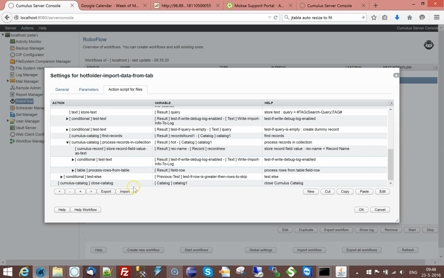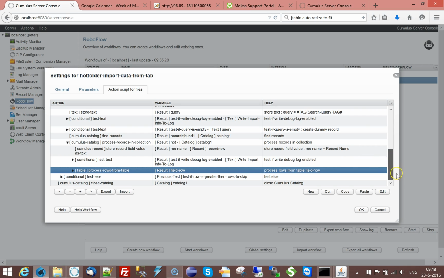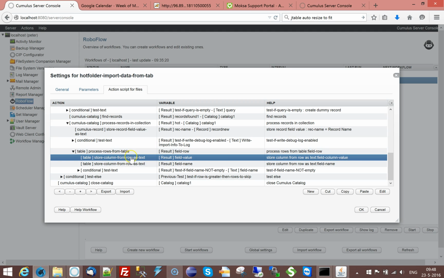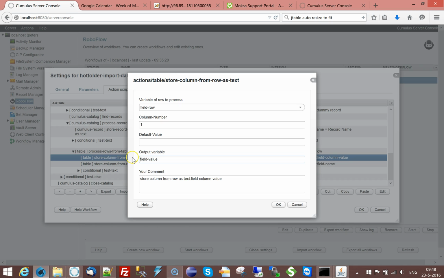And so then we are going now to process rows of another table, the field table, containing the mapping from which row you want to store in which Cumulus field value. And then I'm saying store column. I'm picking up the first column from that, which contains which value I want to set. So I'm calculating the value this way, and I'm doing the same thing for column number 2, which contains the